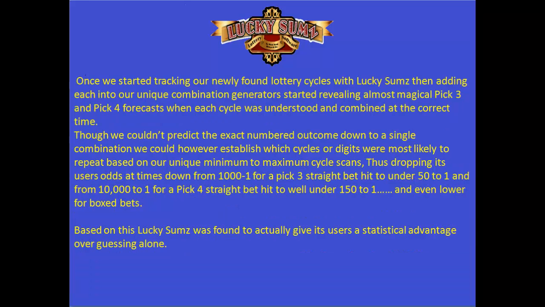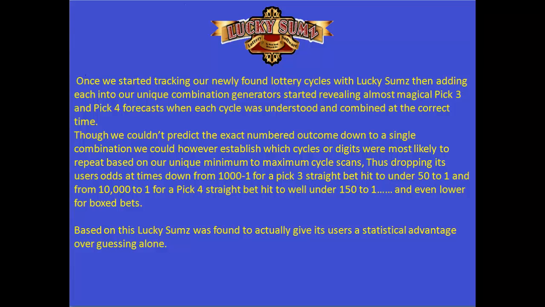Once we started tracking the newly found lottery cycles with Lucky Sumz, then adding each into our unique combination generators, it started revealing almost magical Pick 3 and Pick 4 forecasts when each cycle was understood and combined at the correct time. Though we couldn't predict the exact numbered outcome down to a single combination, we could, however, establish which cycles or digits were most likely to repeat based on our unique minimum to maximum cycle scans, thus dropping its users'